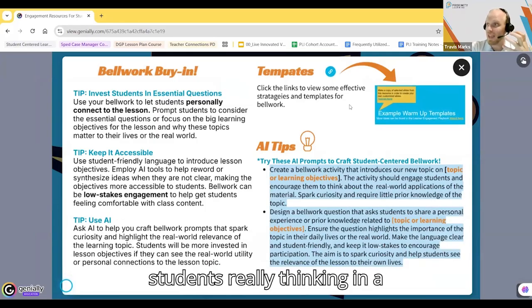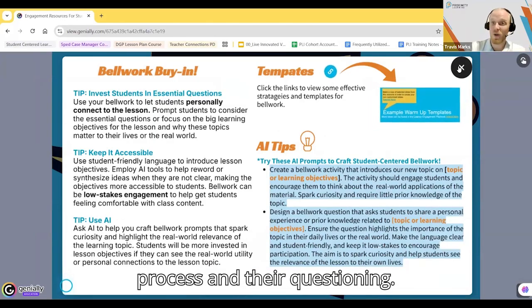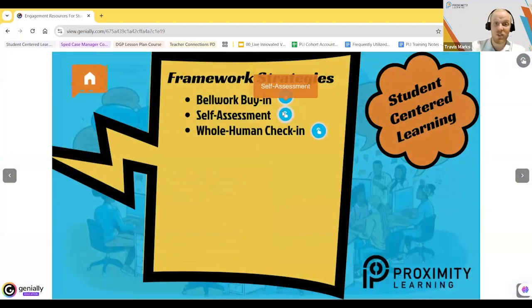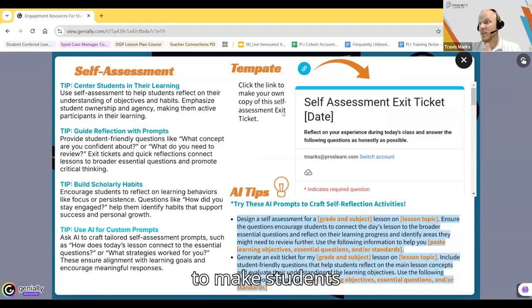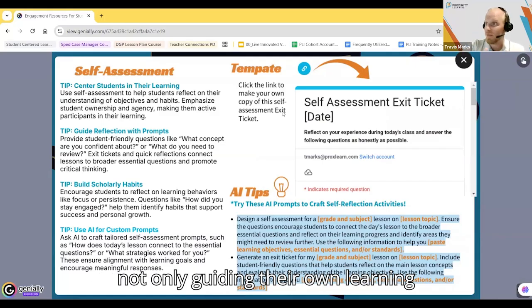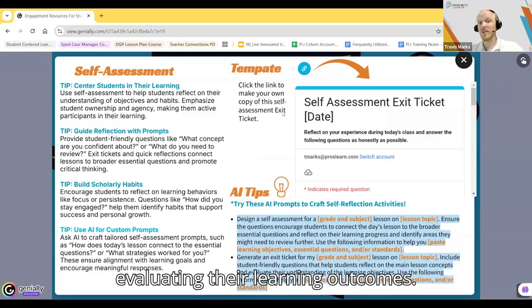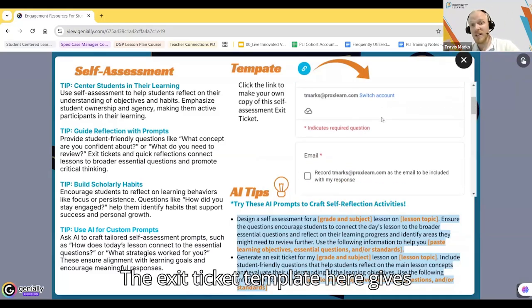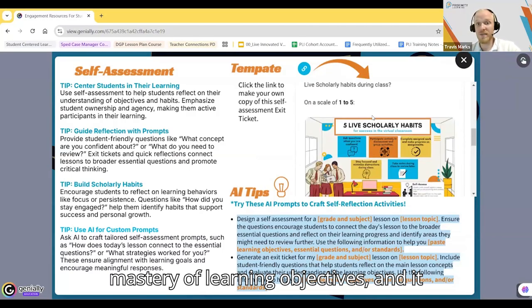that will get students really thinking in a student-centered way about their learning process and their questioning. For self-assessment, we definitely recommend using self-assessment to make students agents in their learning evaluation. Students should be taking an active role in not only guiding their own learning experience, but also evaluating their learning outcomes. The exit ticket template here gives students the chance to evaluate their mastery of learning objectives, and it